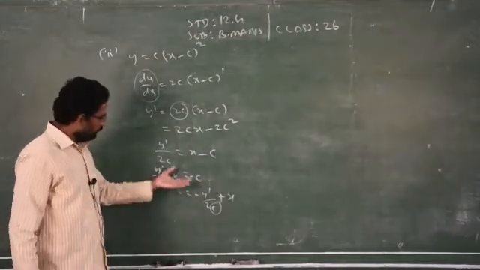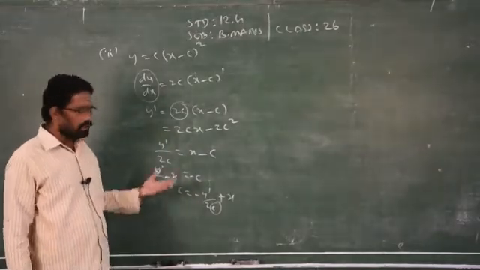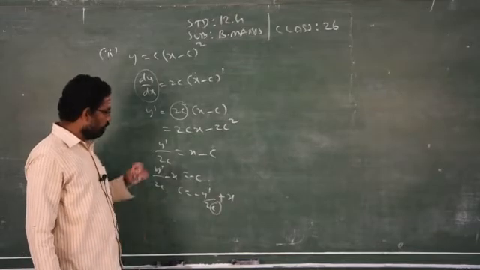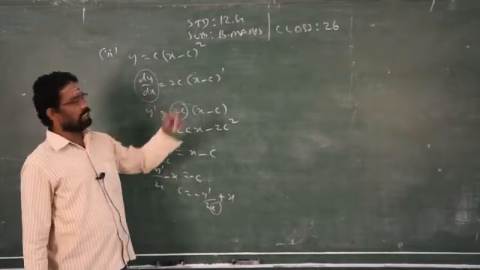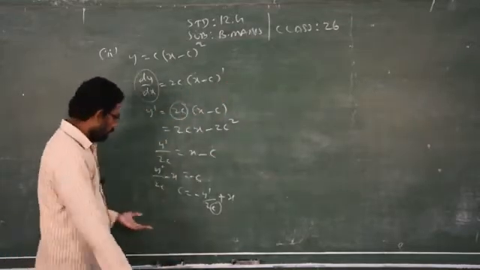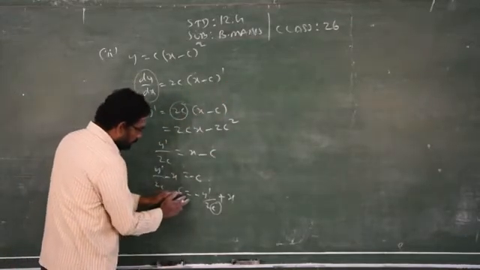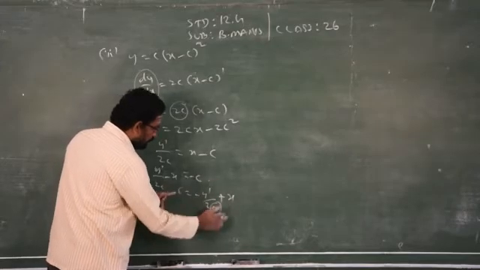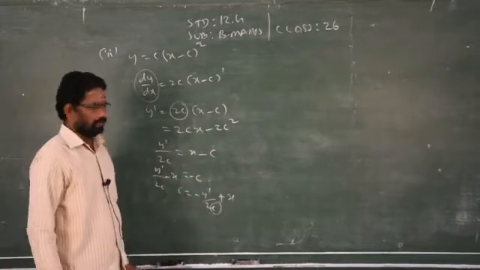Are you clear? Do you have any other method to find the value of c? Nothing. You cannot find it like the previous sum. In the previous sum we got easily what is c. But here I can find c, but the c is again in terms of c. So this is not allowed.